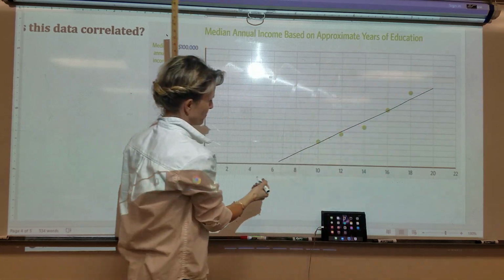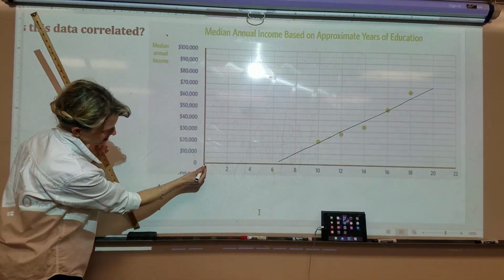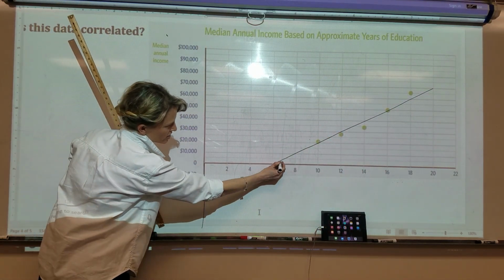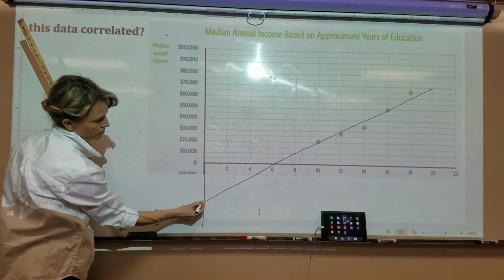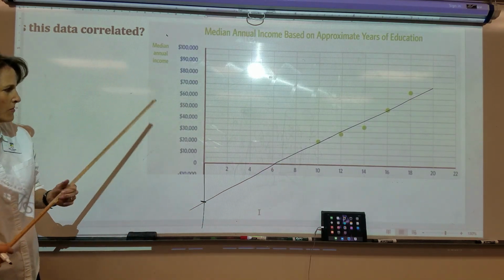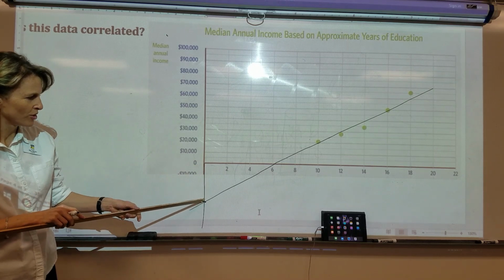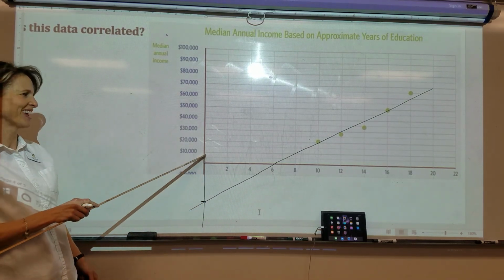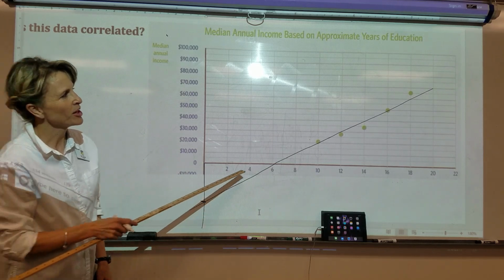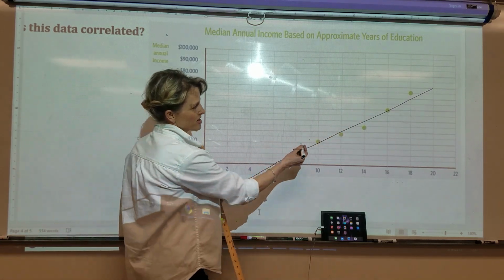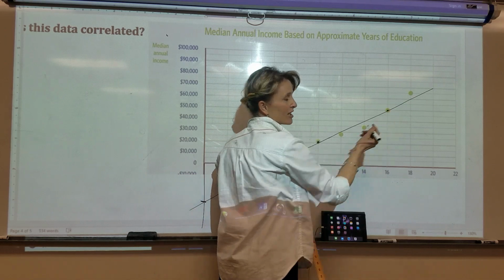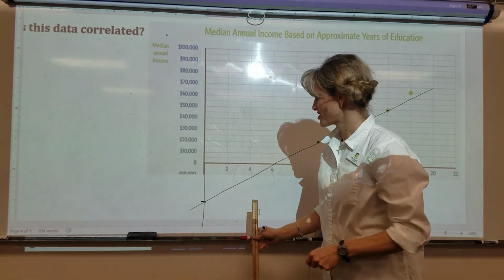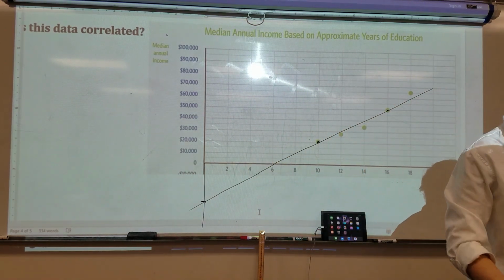Now, does my y-axis keep going right here? So could this line really just keep going, and I could find out where my y-axis is? So basically, if I had 0 years of schooling, I'd lose money. I'd make like negative money. Anyway, so that's what we can use to do a line of best fit. I could pick 2 points. I could make an equation finding my slope. So that's what you're going to do